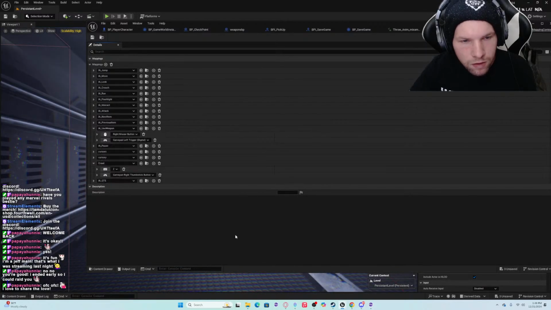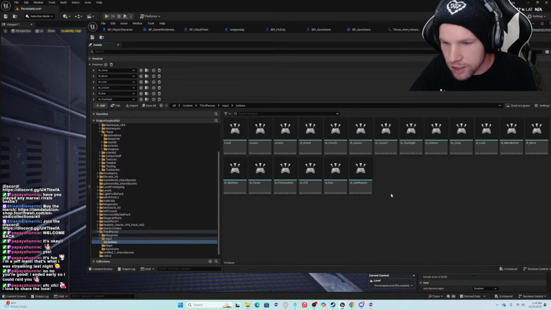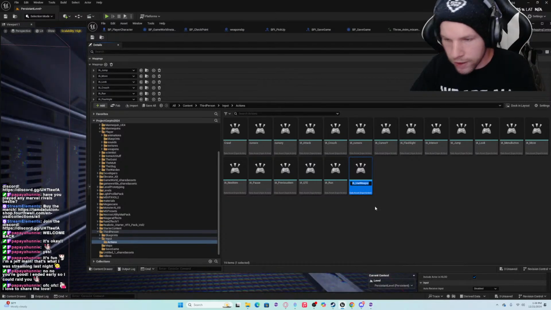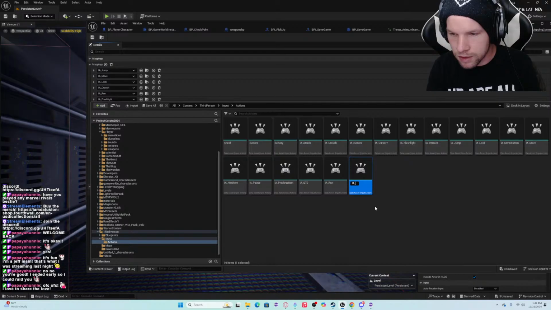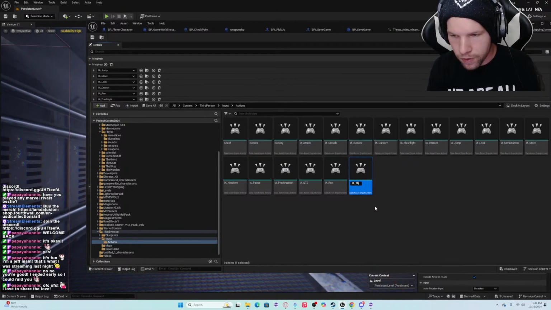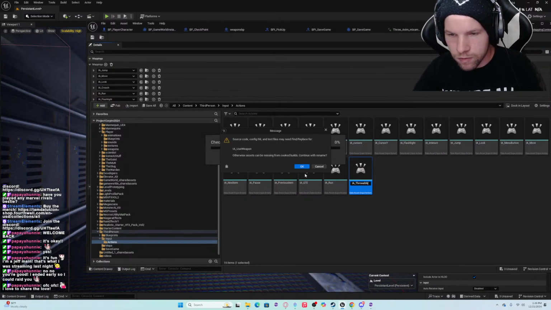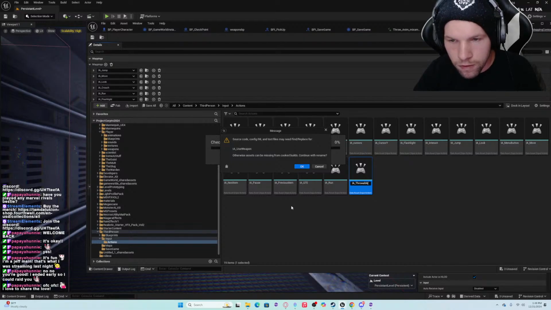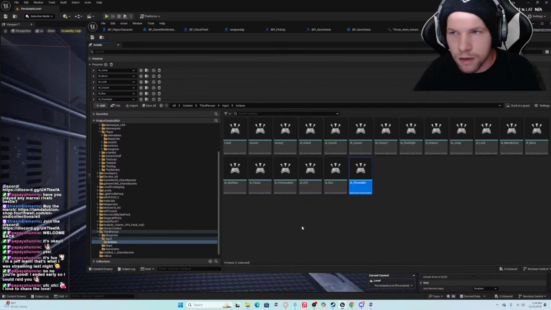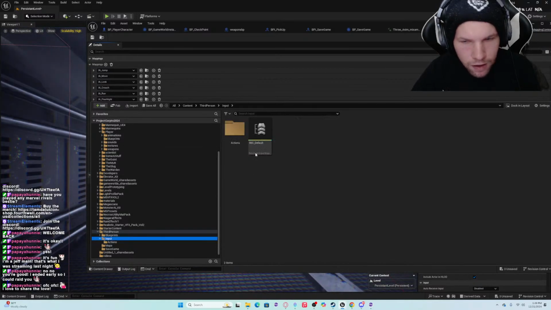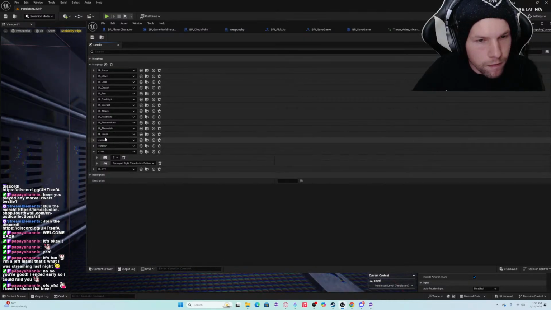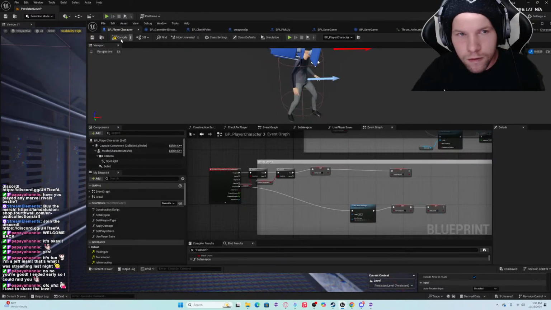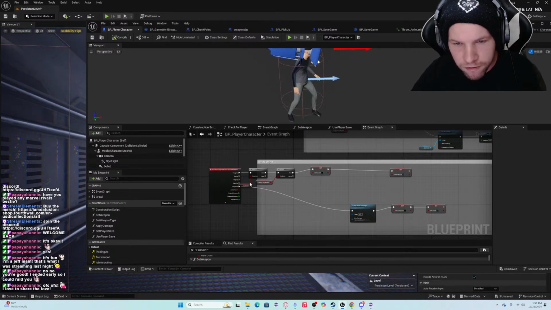Let's go over here to our actions, rename it IA, enhanced input action, throwable. Yes, that is totally fine. There we go. Compile, save.